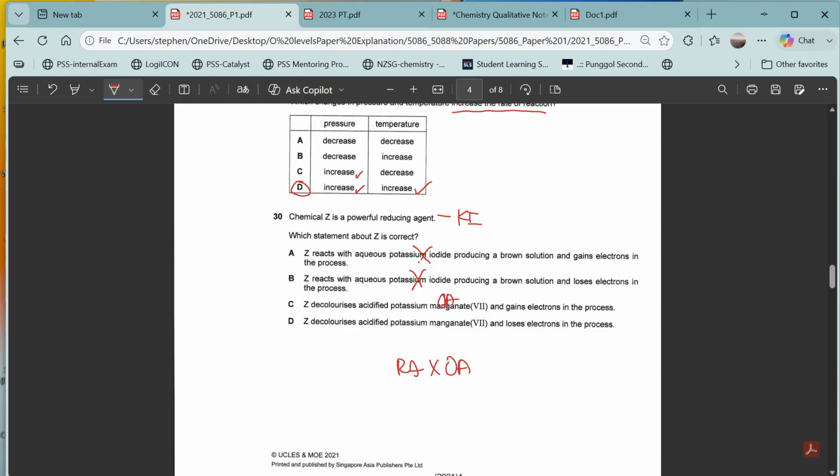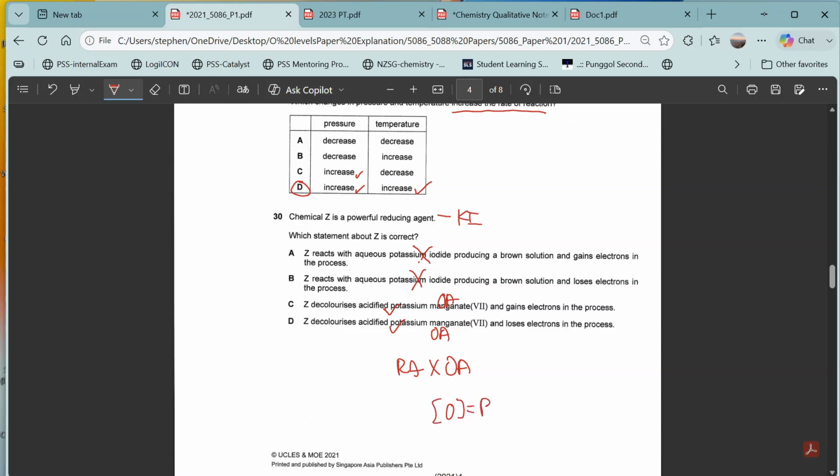Potassium manganate is very famous, it is an OA. So yes, this reducing agent, KI, will react with the OA, definitely. So yes, it will decolorize from purple to colorless. But then, did it lose electrons or gain electrons during this process? So we just use